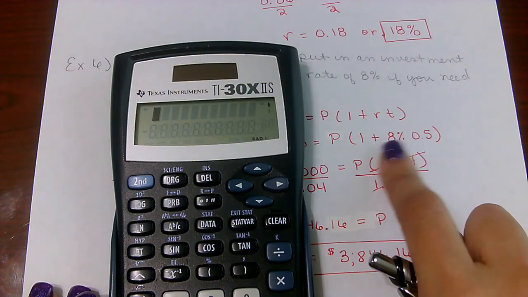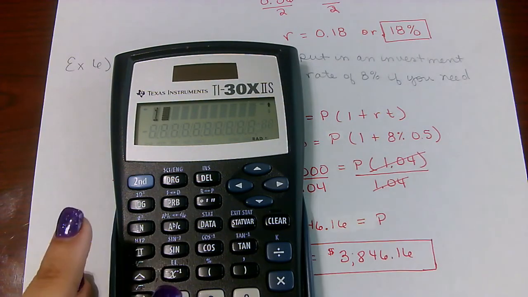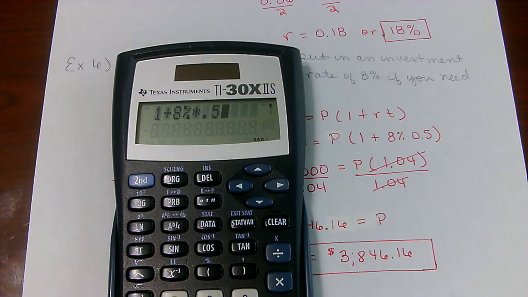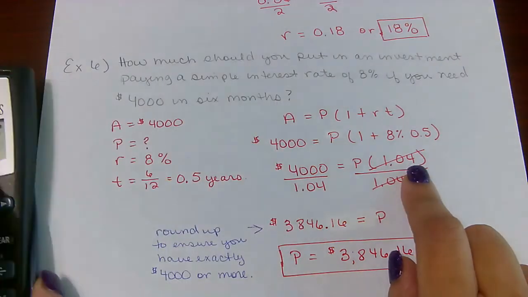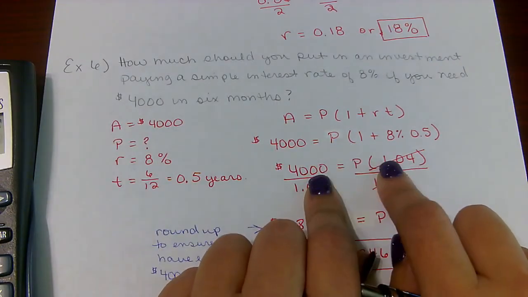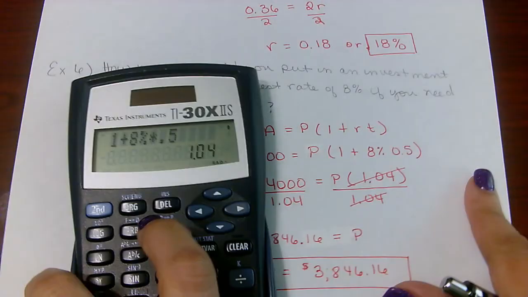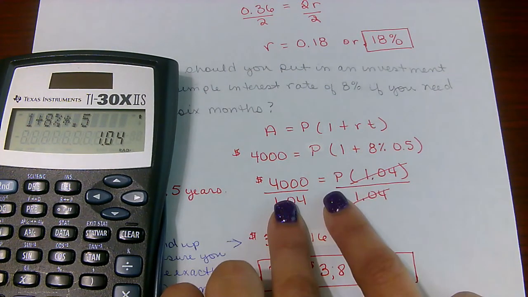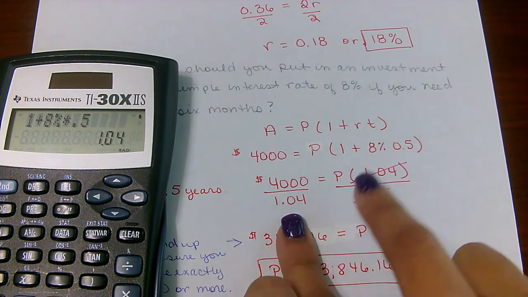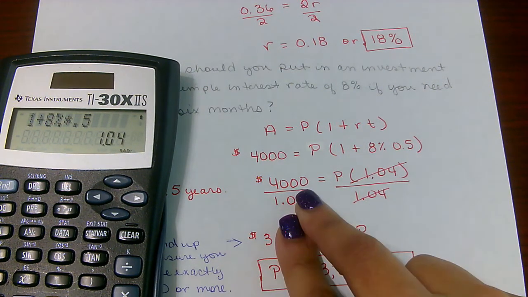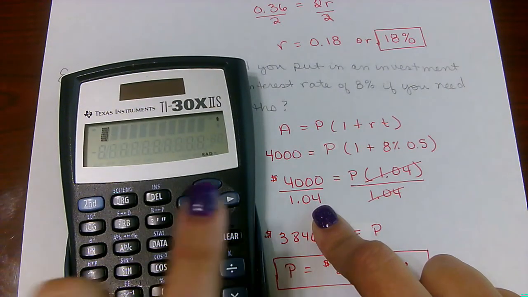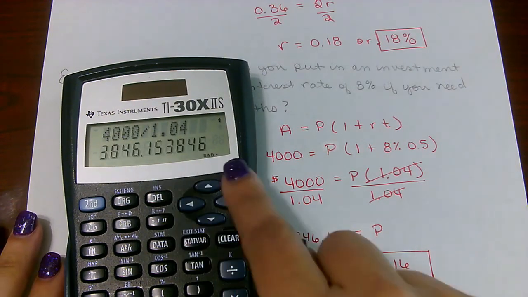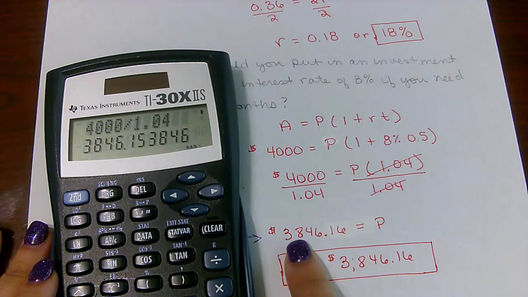First thing I did was go ahead and enter the part in the parentheses in the calculator exactly like I see it. Times 0.5. Okay. I have 1.04 inside the parentheses. My 4,000 is equal to P times 1.04. Once I get my 1.04 in the parentheses, I can now tell that I can divide by 1.04. So our 1.04 will cancel out, and we're left with 4,000 divided by 1.04. So 4,000 divided by 1.04. Okay. That will give us a value of